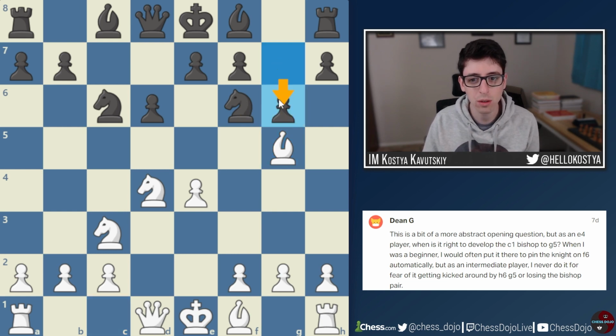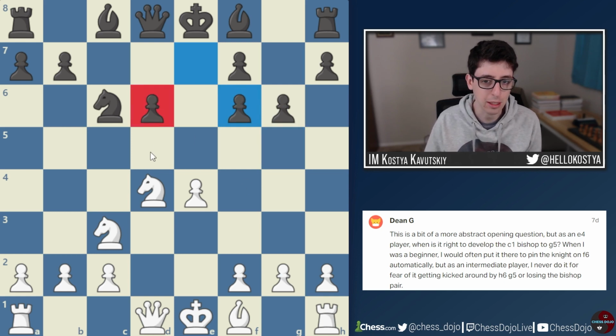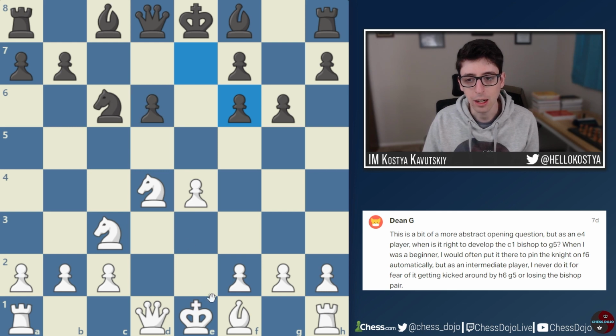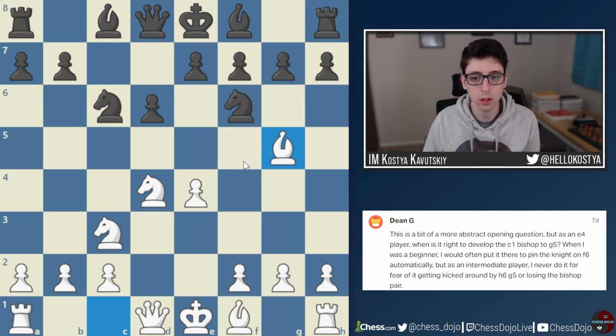I think some players do this one anyway, but again, this structure is not supposed to be so great for black, especially here. The d6 pawn is isolated, the d5 square is now weak. I believe the theory is that white continues bishop to b5, plays on the light squares, and is generally doing pretty well here. So again, this move is very logical because white is really not worried about h6,